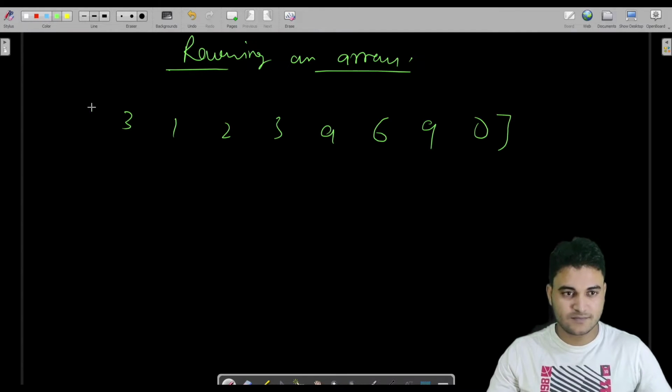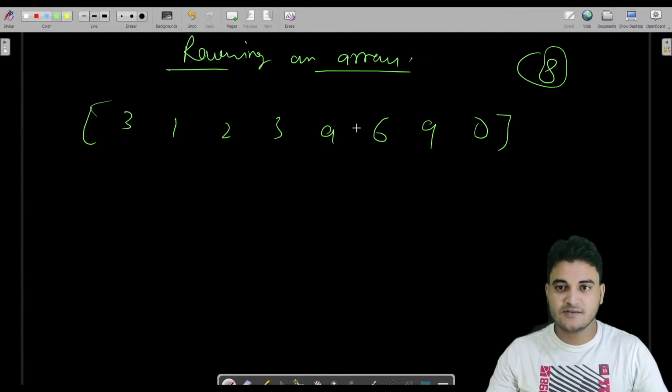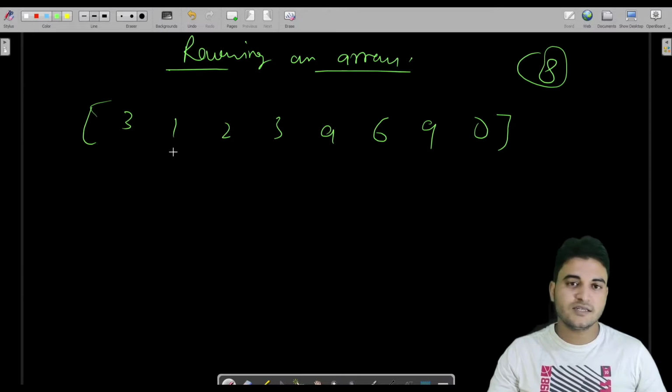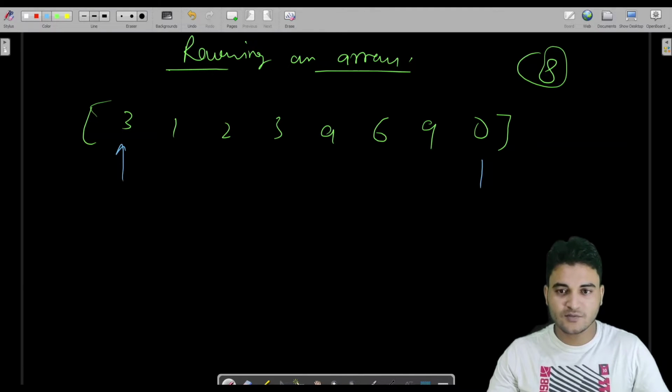We have to reverse it. To reverse it, we can start with a two pointer approach. I have 2 pointers: one is pointing to this element and another one is pointing to this element.